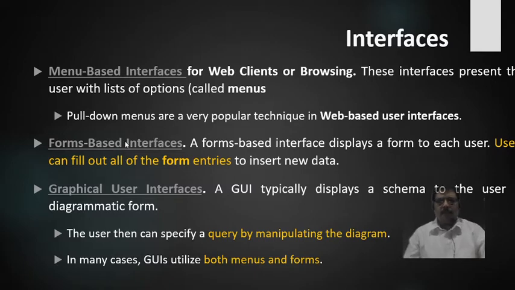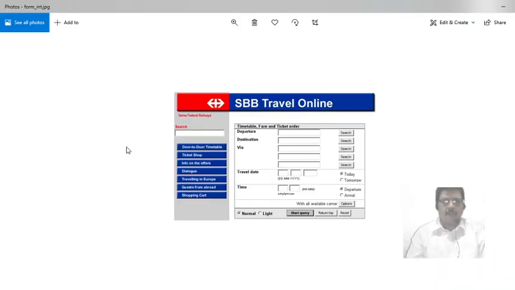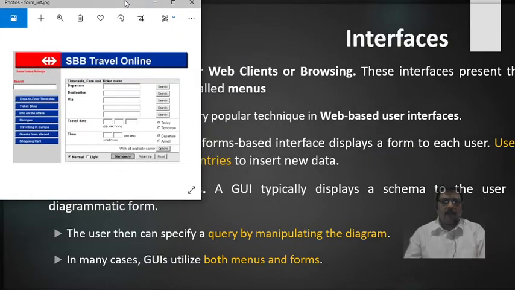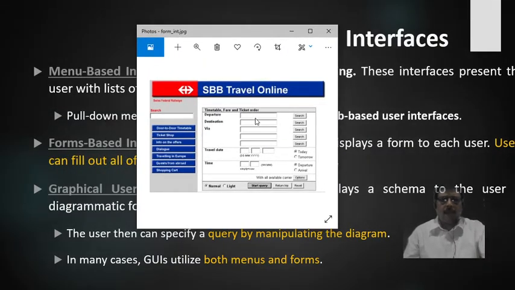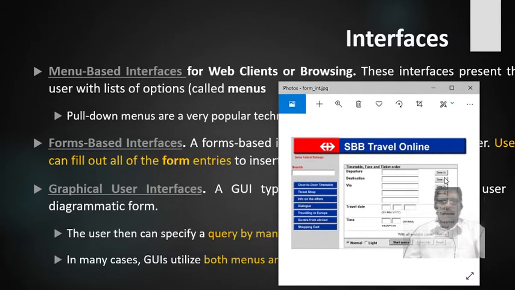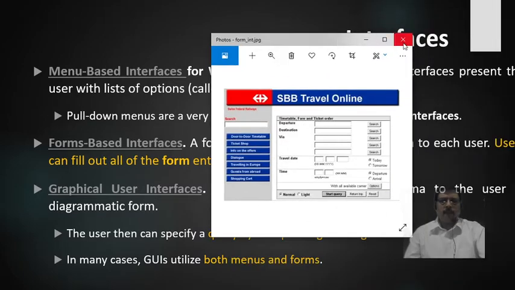Next is form based interfaces. This particular interface is used for entering the details, the information. Here you can see this is a form. In this we can insert the information, we can search, we can update, we can delete. So this is the most commonly used interface for a Windows database environment, where fields such as text boxes are used to enter the data, and these buttons are used to execute the query such as selection, updation and insertion. Such interfaces we can call form based interfaces.